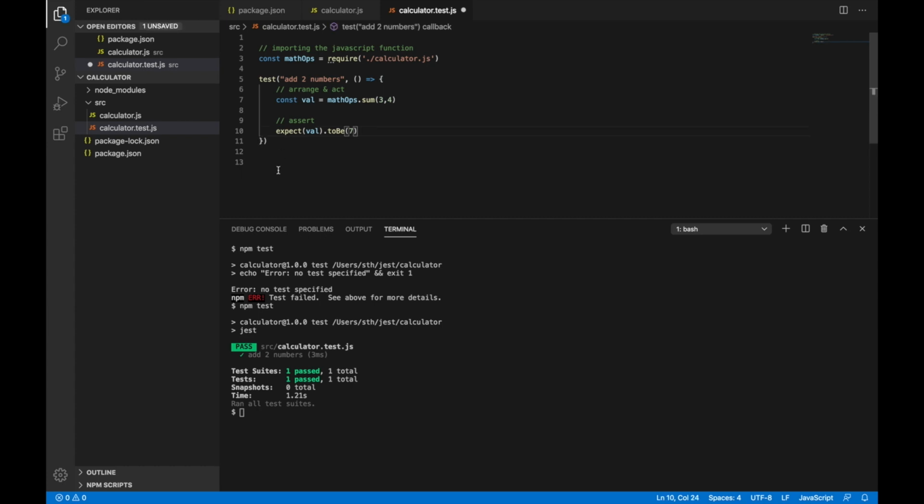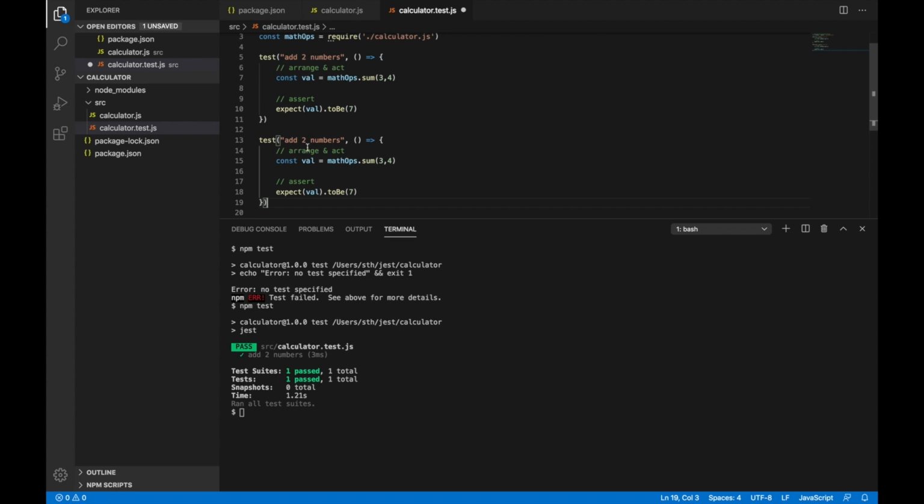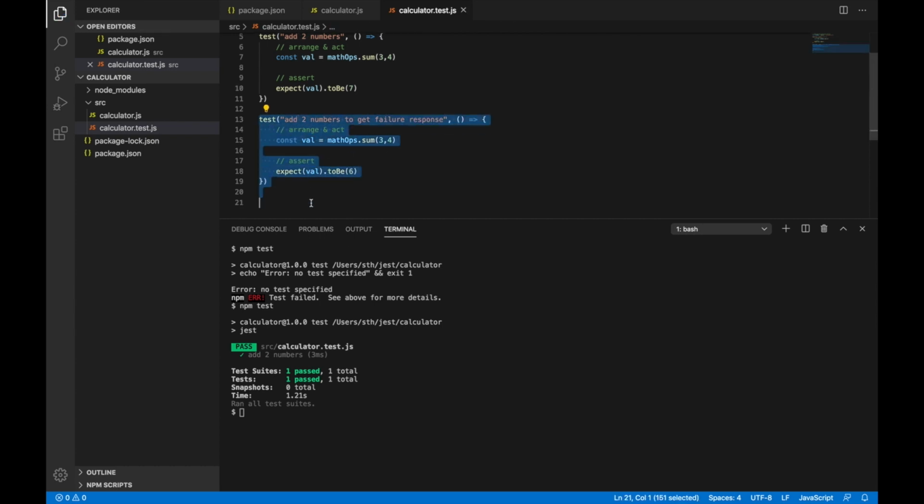Now let's see how we can write a failing test. I'll just copy this over and name it "add two numbers to get failure response" probably. Suppose I say 3 plus 4 to be 6. Now I expect this one to fail and the initial one to pass.